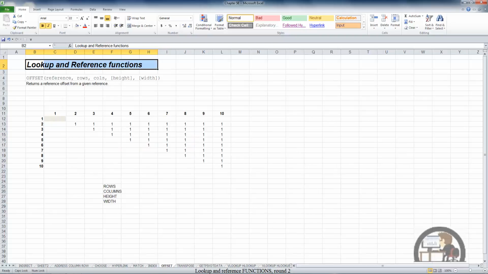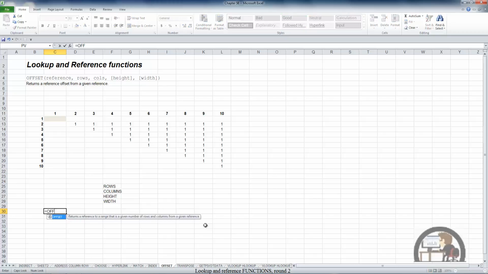So the offset function. The offset function enables you to reference a cell or a range of cells that have a geographical location in relation to a beginning point of origin, which is called the reference in terms of the arguments for the offset. So I'm going to build an offset function down here in cell C30 equal OFF tab, and the reference point, or the point of origin, or the reference, as the argument is officially called, is going to be cell C12, comma, and the rows, which is the number of rows I'm going to offset, is going to be in cell E25,